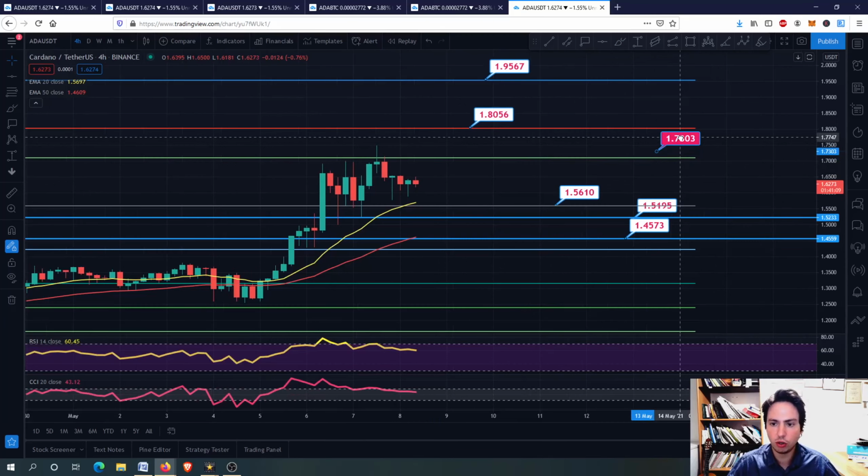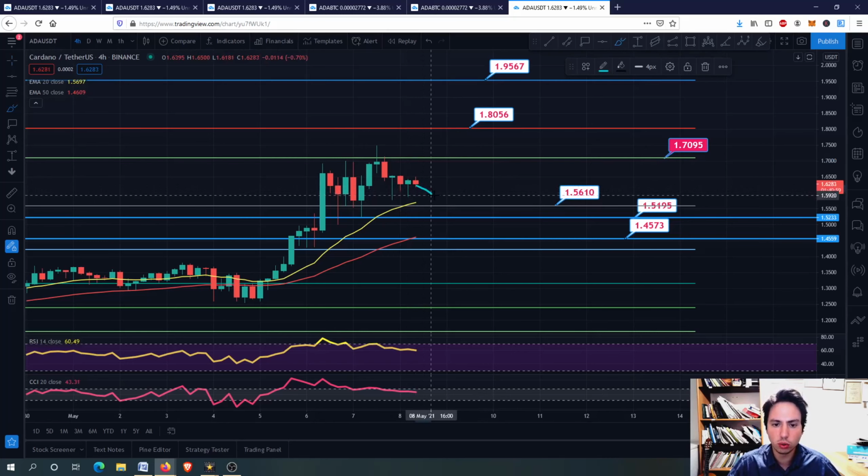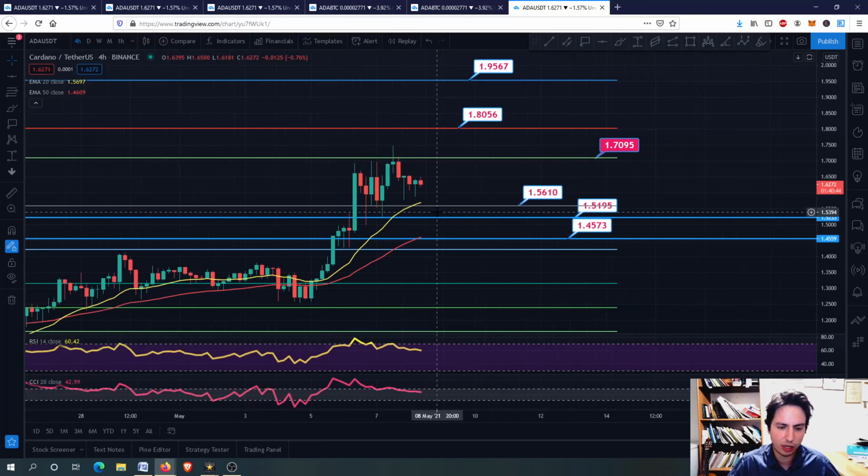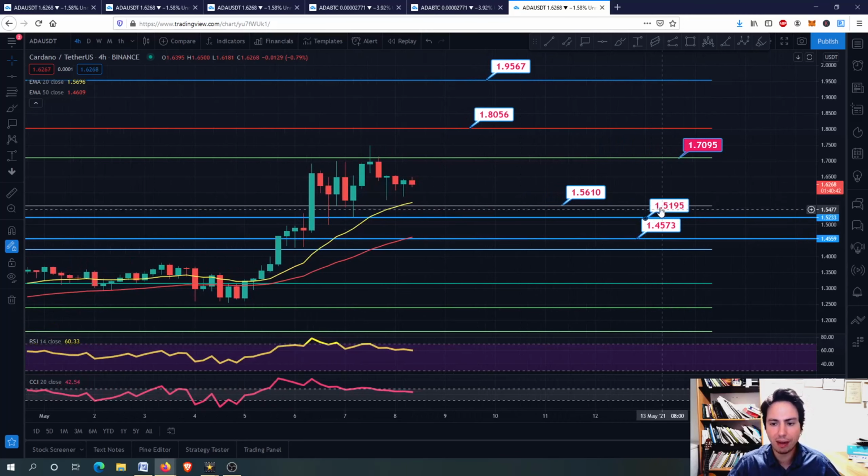If we go above the 1.73, then you could trade around 1.80 for the very short term. If you want to hold a bit and don't buy now for the short term, you want to wait if we see a further retracement to 1.56 or 1.52, then of course buying the dip with less money here and more money on the 1.51 will be great as well. So these are some buying strategies you can perform by yourself.